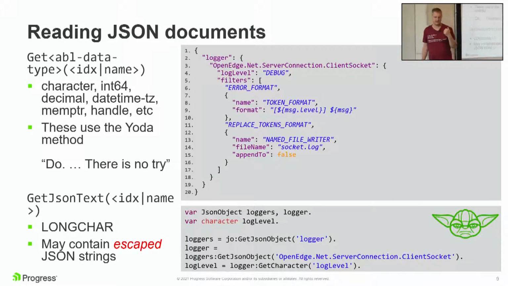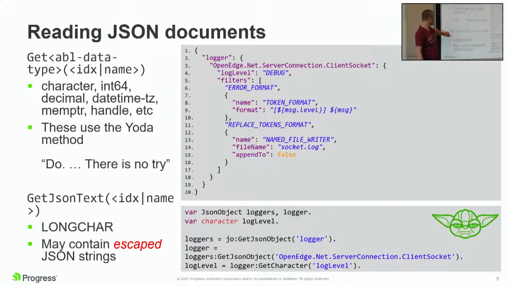These follow the Yoda approach, which is just do. There's no trying. You can't say, is this string a number? Is the string a date? Is the string binary data? Because binary data is encoded as base64 encoded data. It just tries to pull it. So if you do get date and you've got a longchar of 2 gig or whatever in there of base64 encoded data, things are going to go poorly for you. It will throw an error. So you need to typically do a bit of upfront investigation.